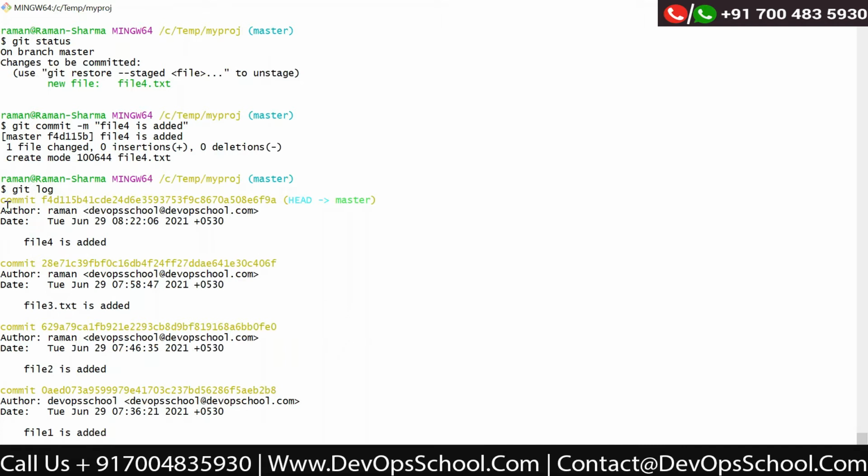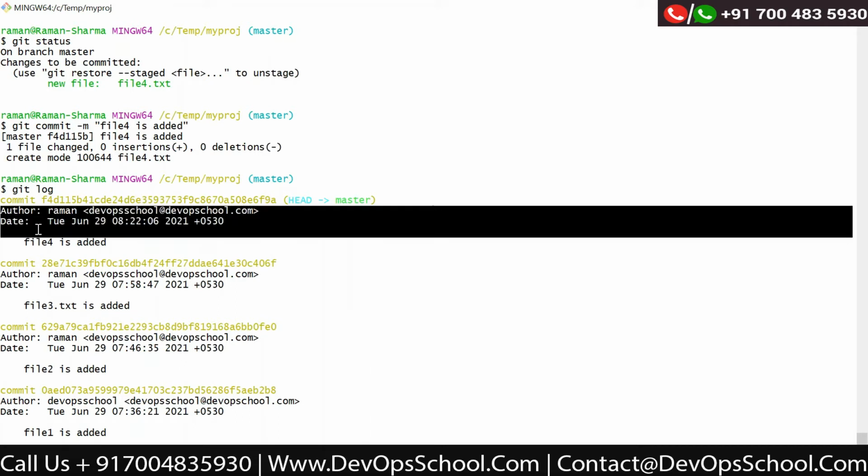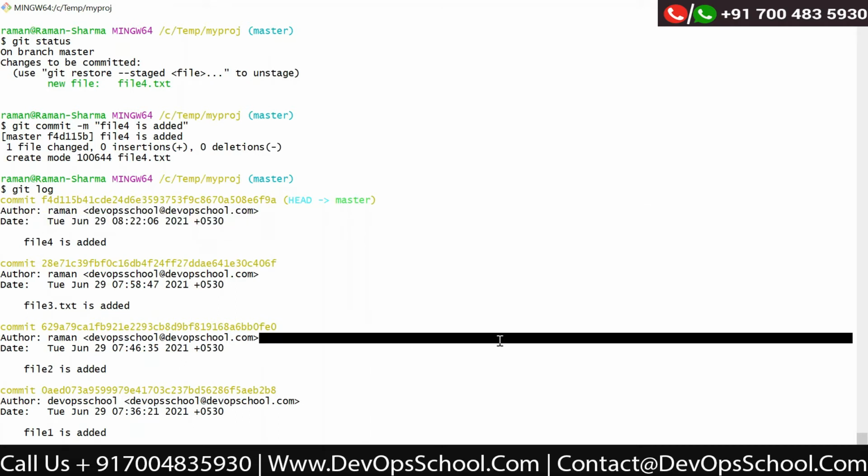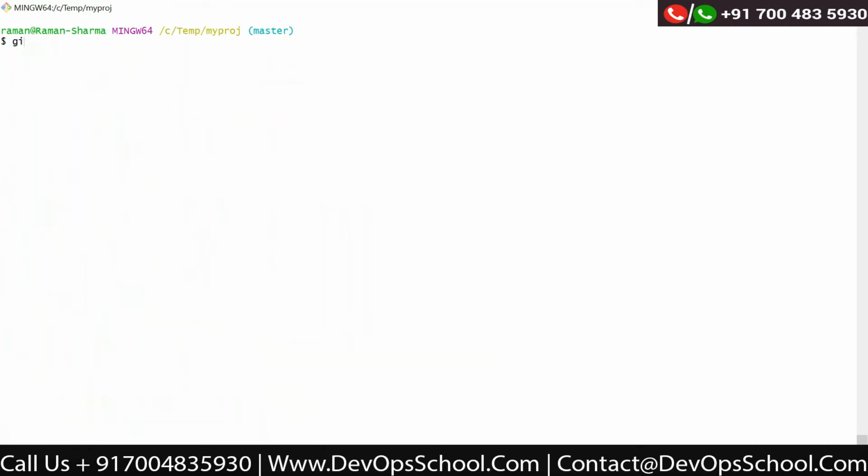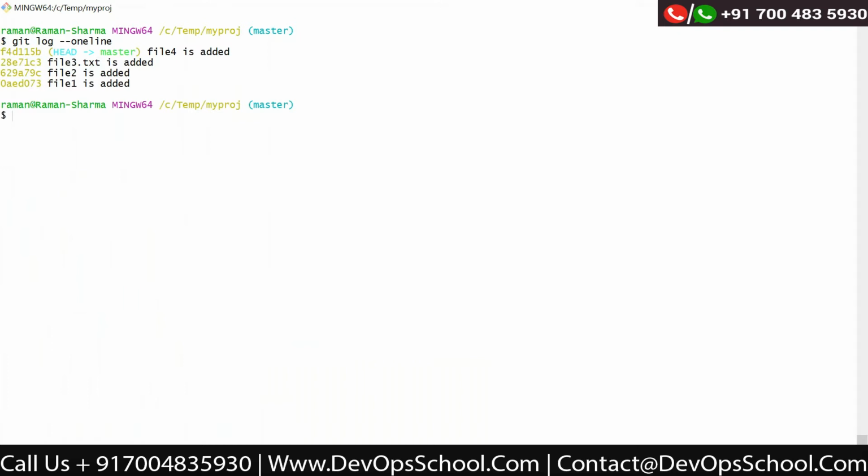If you think that I don't want to see other information like author and all this, you can run one more command, git log --oneline. Okay, so here you can see it's not showing unnecessary information. Commit ID is also not complete, it will not display the complete commit ID. So it is showing here.